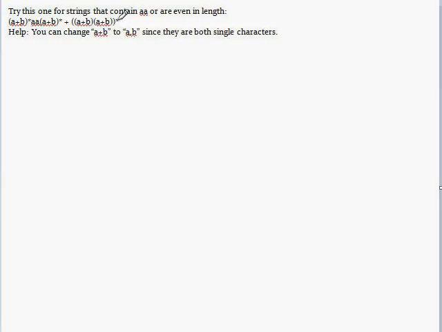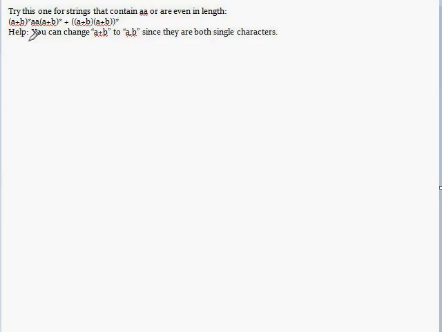what is this? We have outer parentheses and a star. Inside we have an A or B followed by an A or B. So it's, you know what it is? It's even length strings because you get two letters in here. You take an A or B, then you take an A or B. So it's like saying AA or AB or BA or BB, quantity starred. That's what this is doing. So either strings that have an AA in them or strings of even length is what this regular expression is